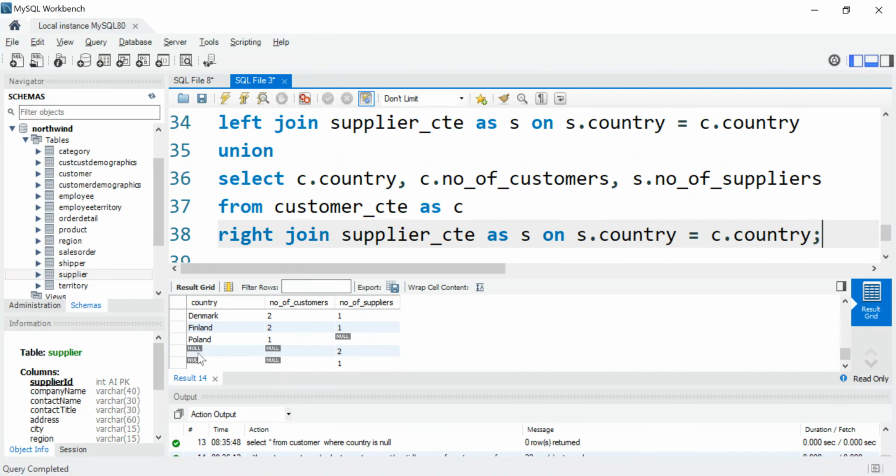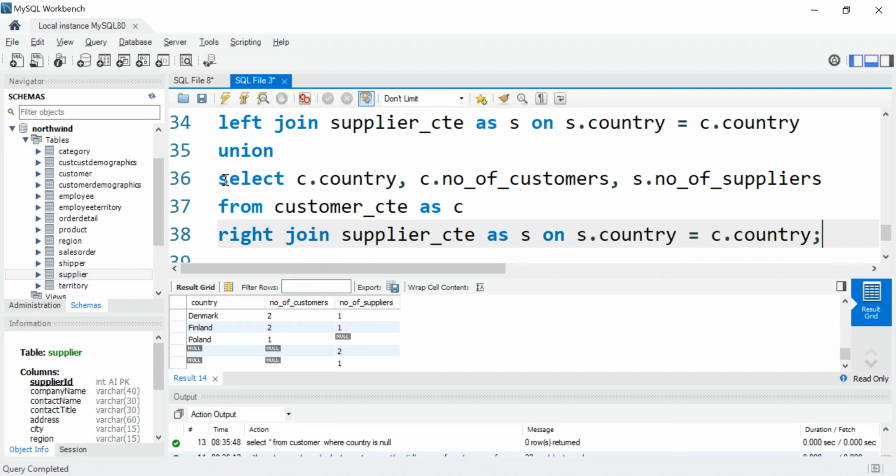That is the reason why this country is null in this case. That's what I would like to believe. And we don't have any such occurrence in number of customers, so it shows null in that place. But in number of suppliers, we have two situations where we have null values like this,